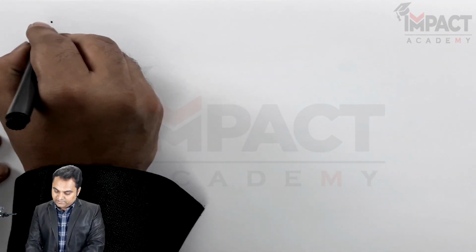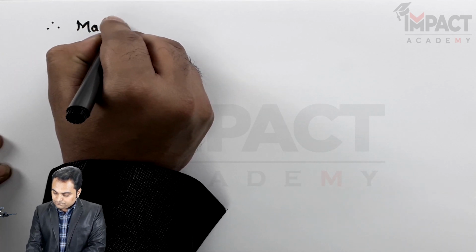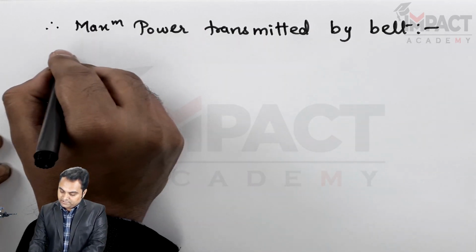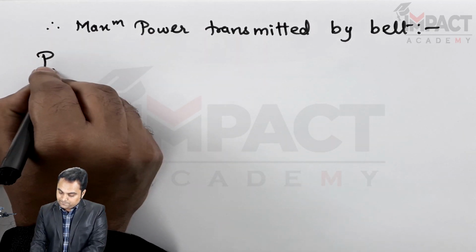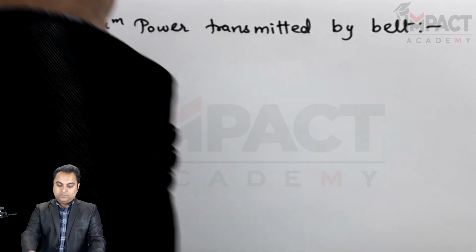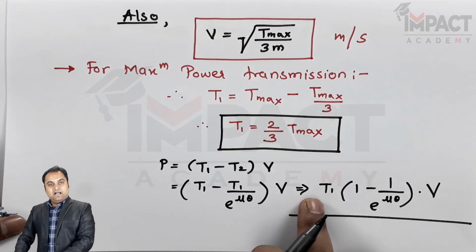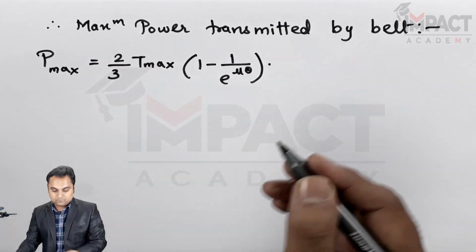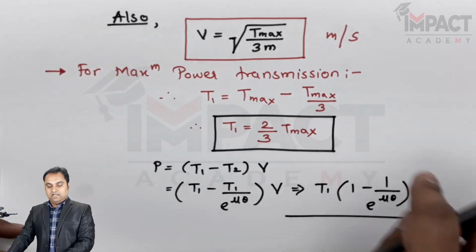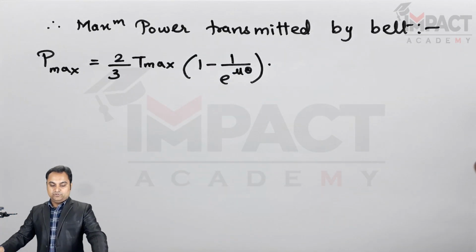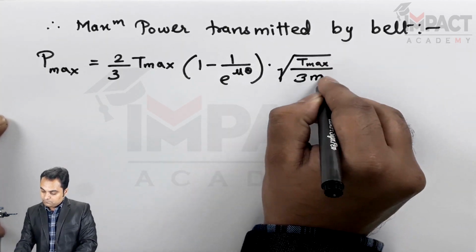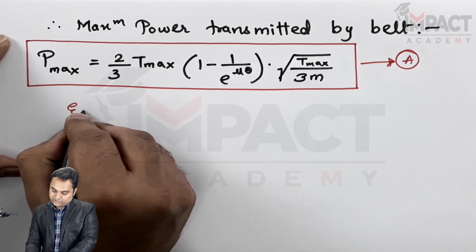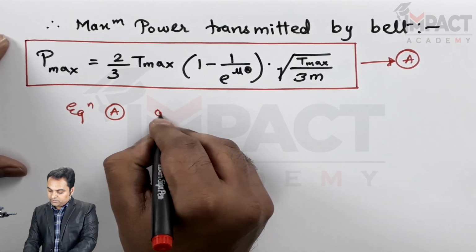Here is the formula: maximum power transmitted by belt, P suffix maximum, is equal to, instead of T1 I'll write 2/3 of Tmax, and instead of velocity V I'll write root of Tmax upon 3m. So equation A gives